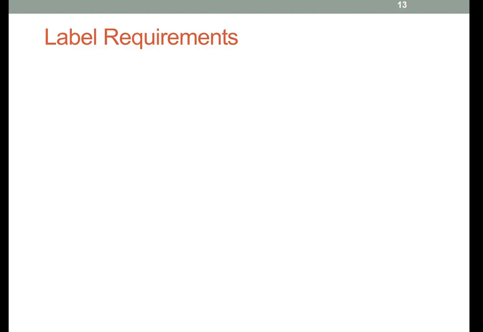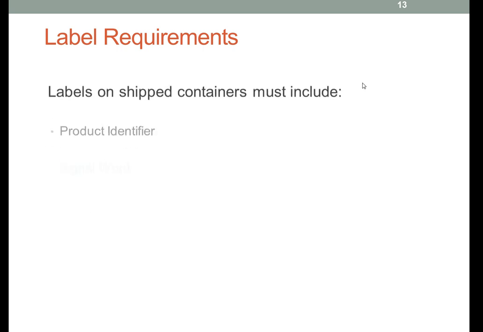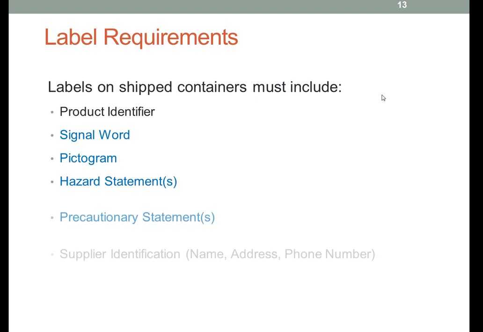This is module number 4 of the PCS Hazard Communications Training, November 2013. The second of 3 major revisions to the standard are label requirements, and labels on ship containers must include the